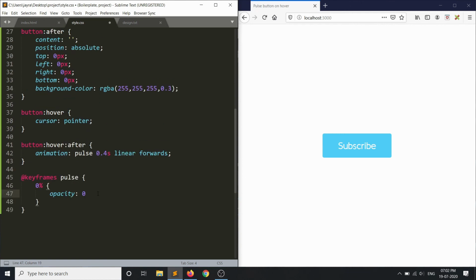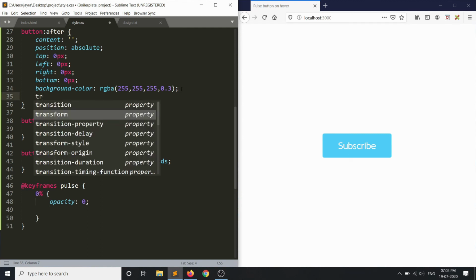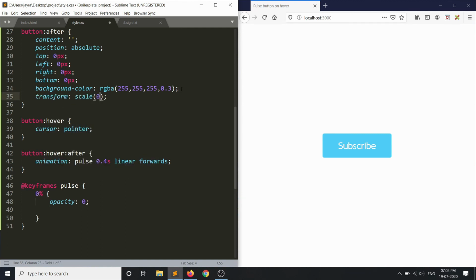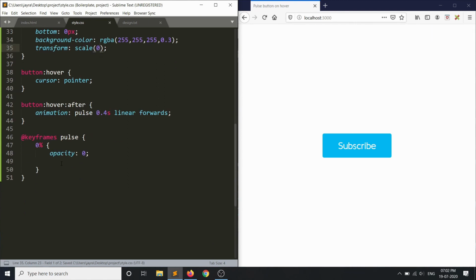So I'll just say 0, and initially we want our after element to be small, right? So we also have to scale it here. So I'll just say transform scale 0. So that way initially we don't have this after element, and then in the animation we will make it larger.